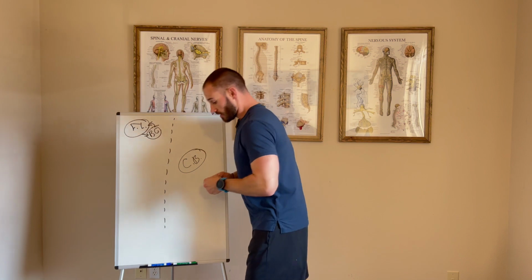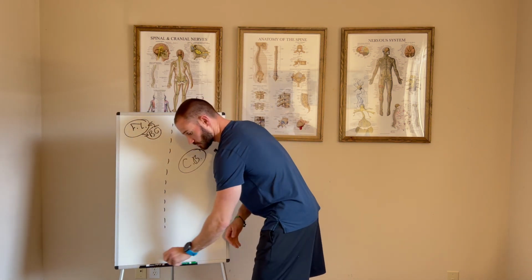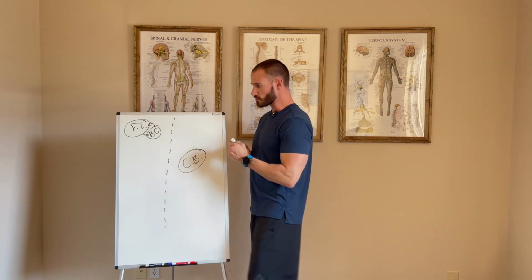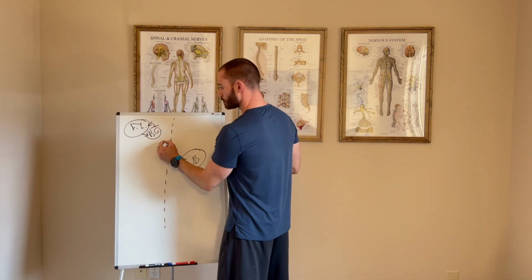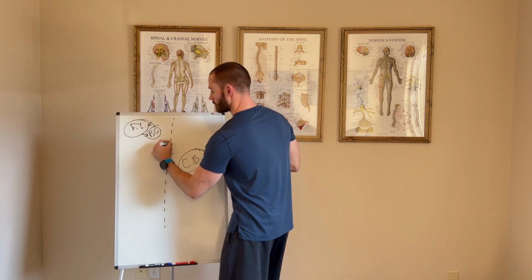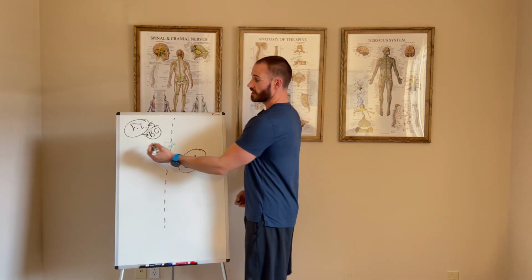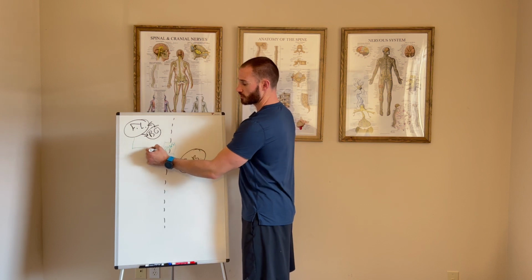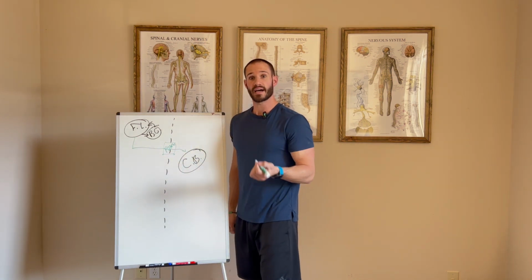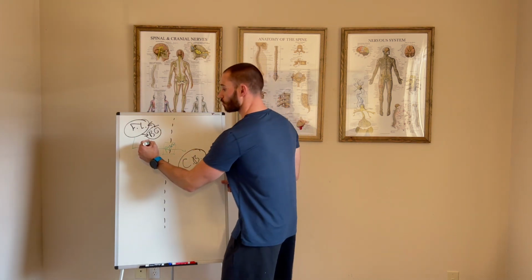The frontal lobe sends the signal through two pathways. The first one goes through an area of our brainstem called the pons. So we have a pons. It sends a signal down through the pons to the cerebellum. This track is called the